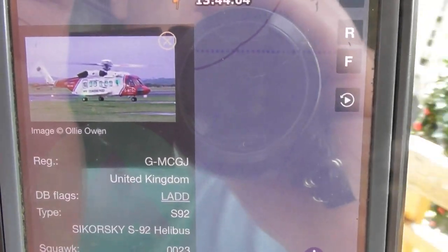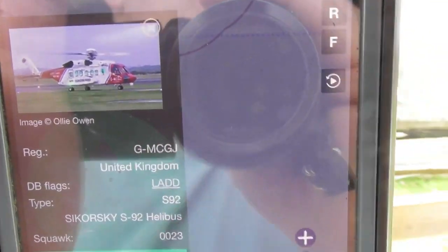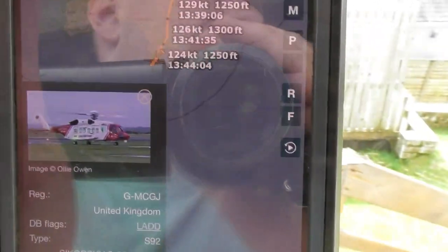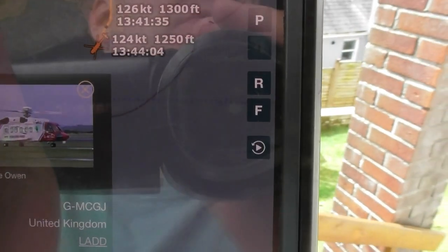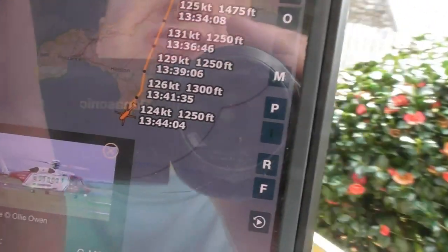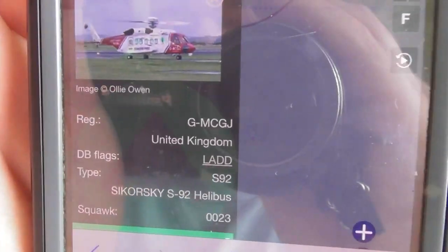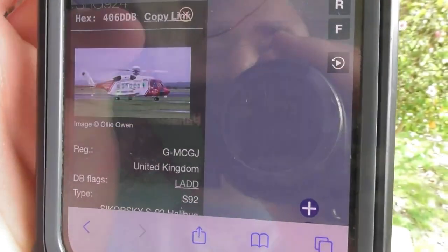So yeah, hopefully we might get to see the second flyby for the Coast Guard helicopter when it comes back from doing search and rescue training at the Lizard anyway, which hopefully we will get to see. So yeah, this is the first time I ever filmed the